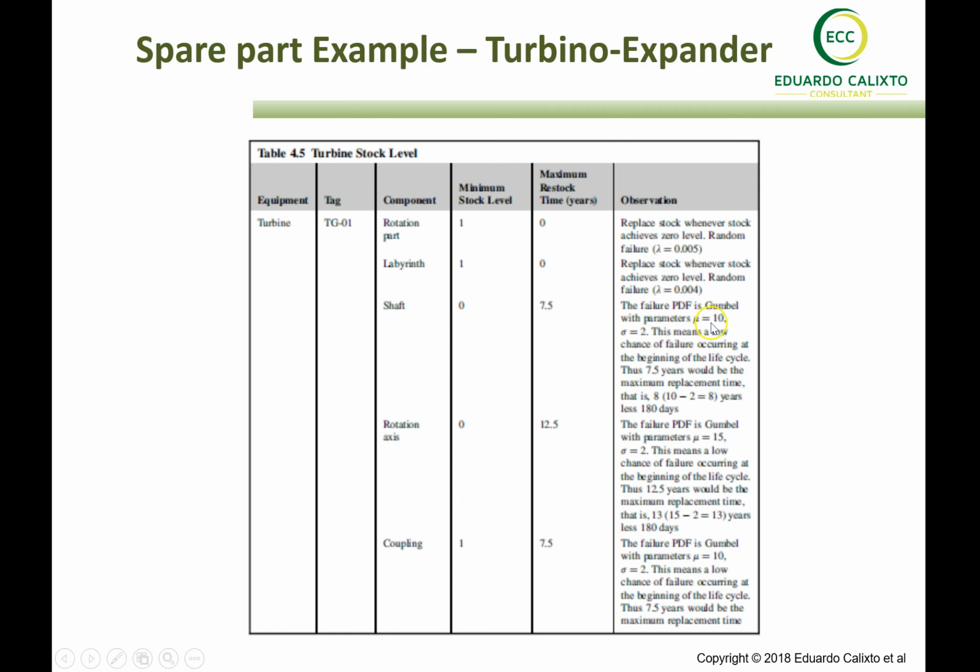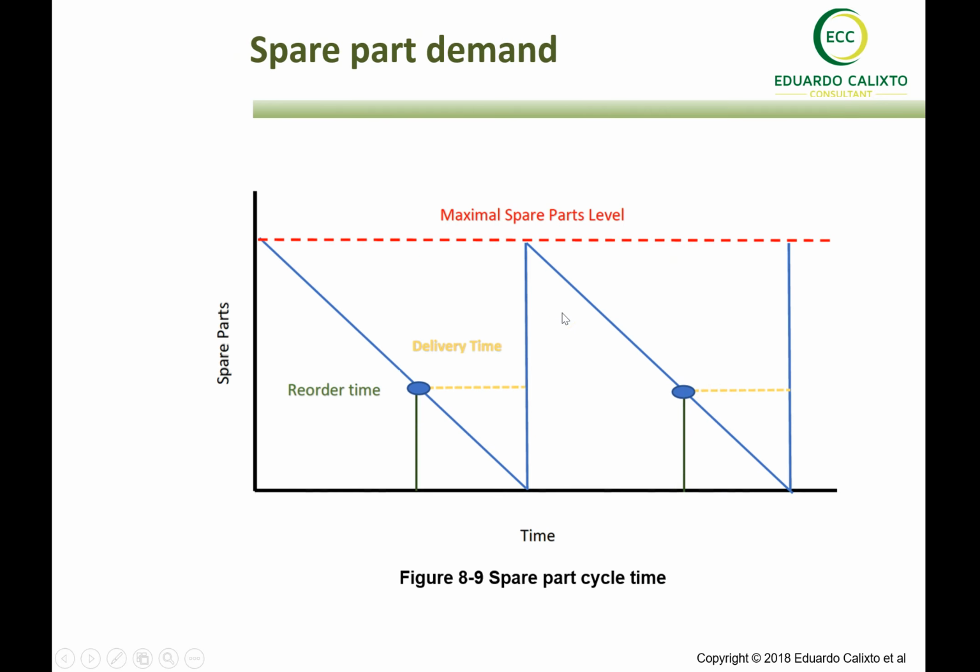Concerning these 8 years, when we have a demand for a new shaft, we need to plan the reorder time. Here we can see that we need to set up our reorder time at 7 years and a half, to have 6 months, from 7.5 to 8, for the delivery time. So what we're talking about is this time